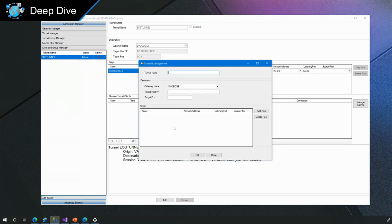Essentially, when you add a tunnel, you define the tunnel name, and then you define the target. And for us, obviously, we want to allow access to SQL Edge running inside a container in an IoT Edge device. So you specify the destination target, in this case, DxOH1, and then the target IP or host. Well, we want this tunnel to be created for SQL Server Edge, running inside a container, also on the same edge device. So we would specify the SQL Edge container name, and then the port that SQL Edge